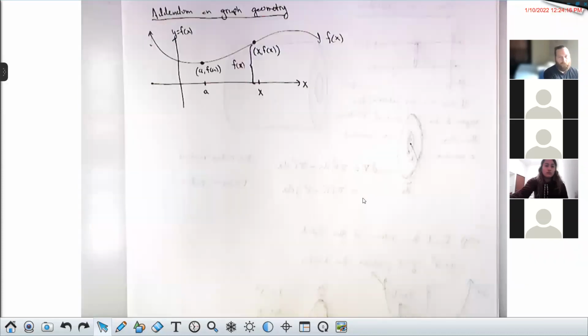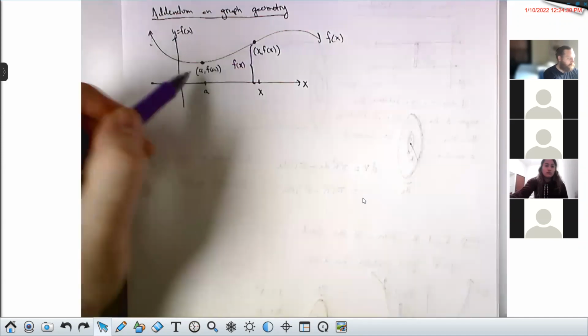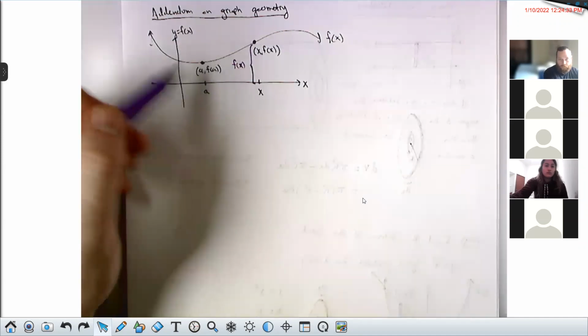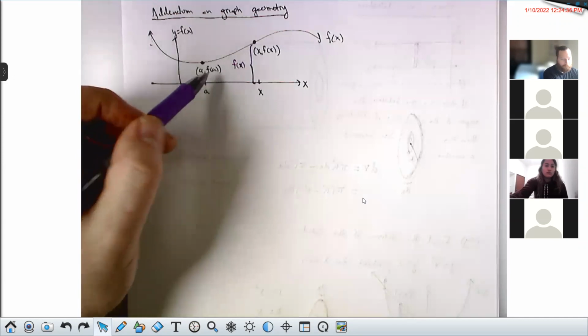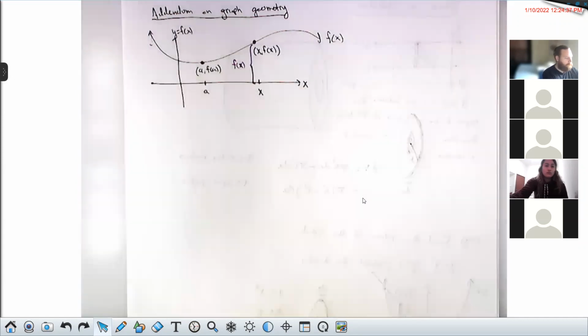This is really what we used in that last part. Okay, so the big deal is that every point on a curve, y equals f of x, is something comma f of that thing. For example,